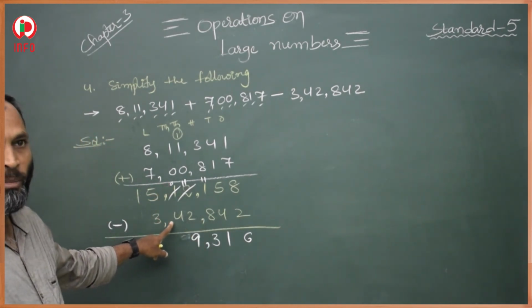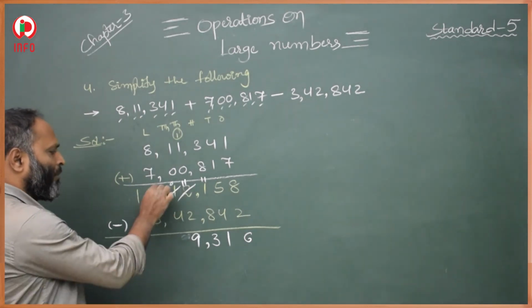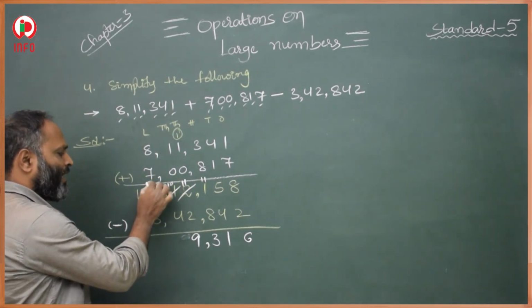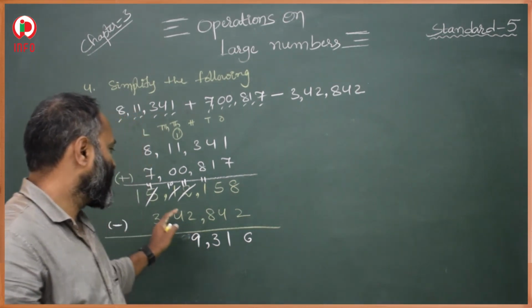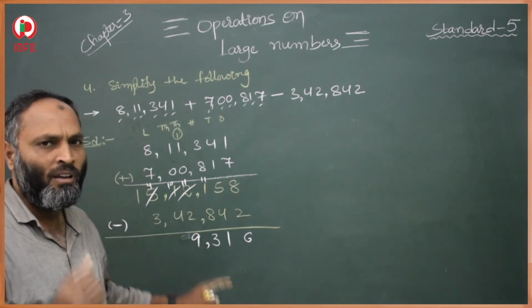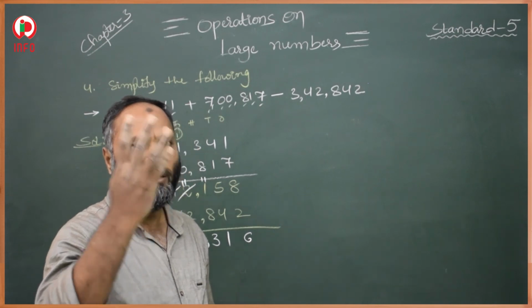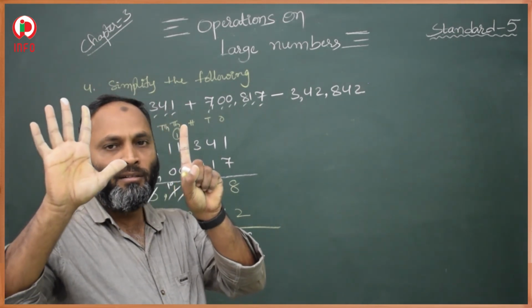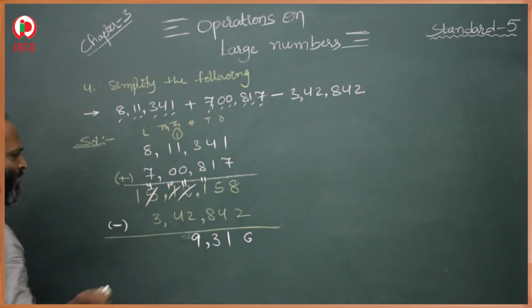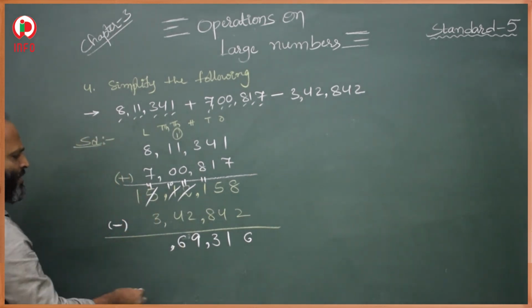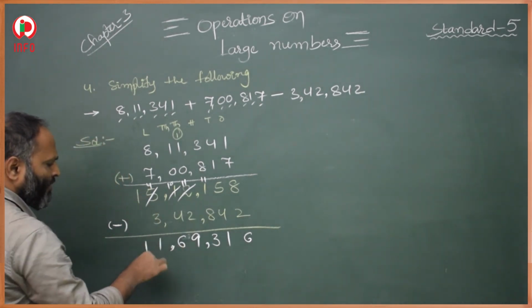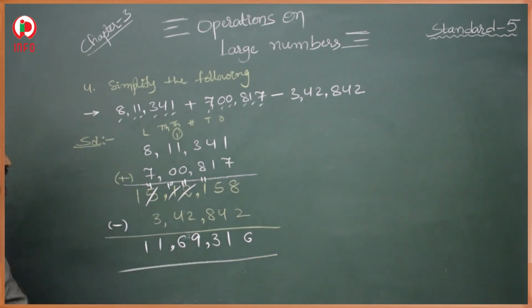Then after that 0 and 4. This is a less value, the top number is less. Again we have to borrow from the next. It becomes 1 and this becomes 10. 10 minus 4 means from 5 to 10 we have to count. 5, 6, 7, 8, 9 and 10. Total 6. 10 minus 4 is 6. 4 minus 3 is 1, and this 1. This is our final answer.